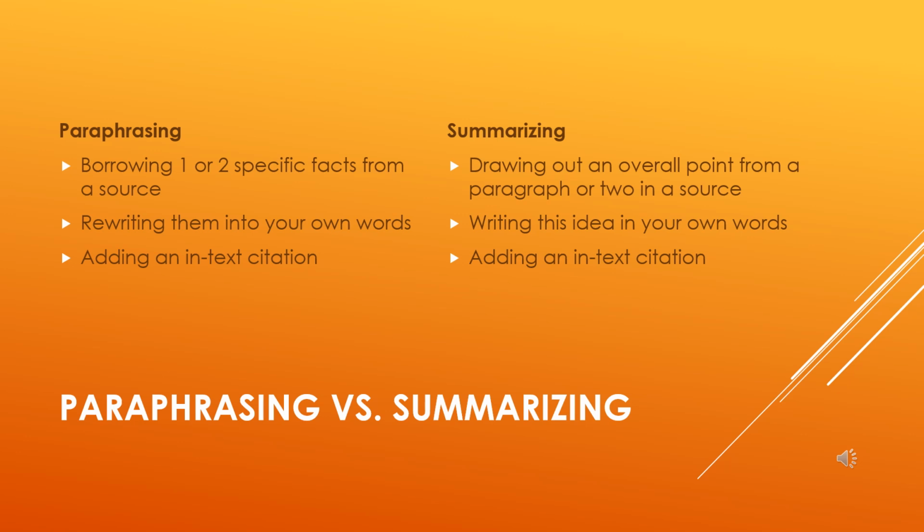The biggest difference between paraphrasing and summarizing is the amount of information that I'm trying to communicate to my reader from the original source. Paraphrasing, I'm going to try to keep it, even though it's my own words, keep the information very close to what it was represented as in the original source. Whereas when I summarize, I'm really looking for main ideas that I can share about that particular text.